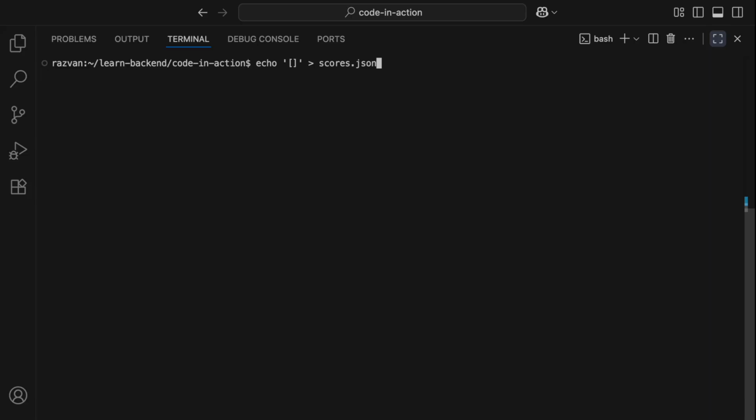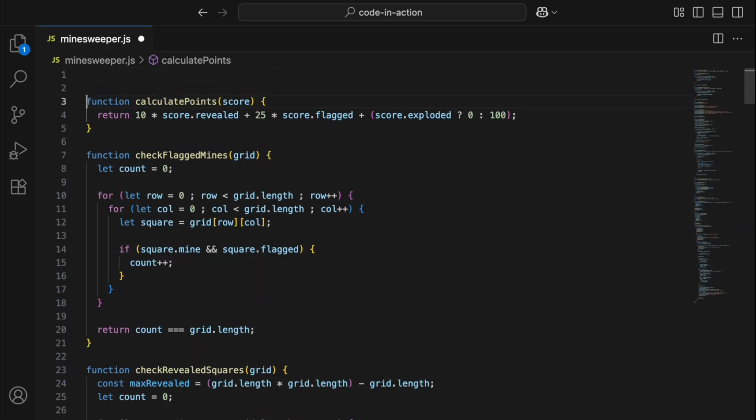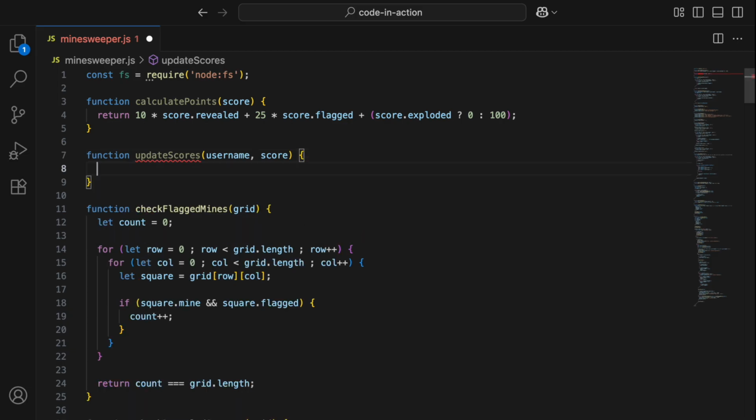Then let's create a new file named scores.json within the same directory as the script and write an empty array into it that will be used to store the scores of each game. At the top of the script, let's import the core Node.js fs module used to interact with the file system, and let's create a new function named updateScores used to retrieve, update, and return the list of scores contained in